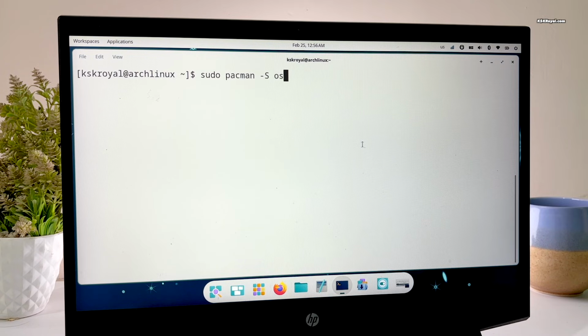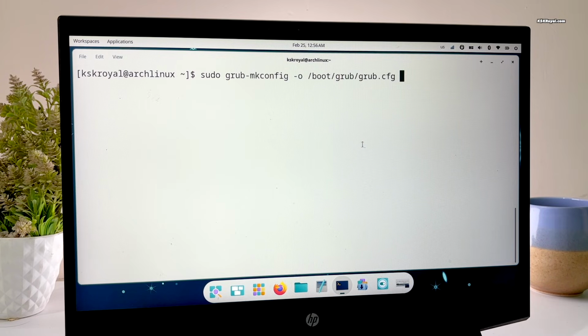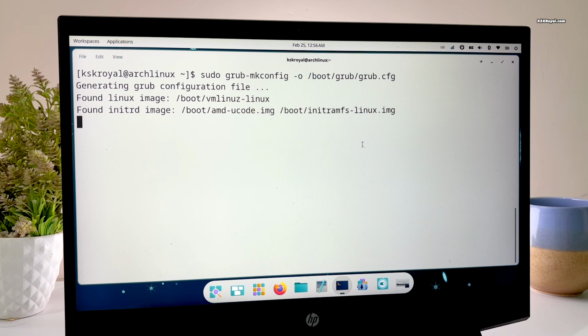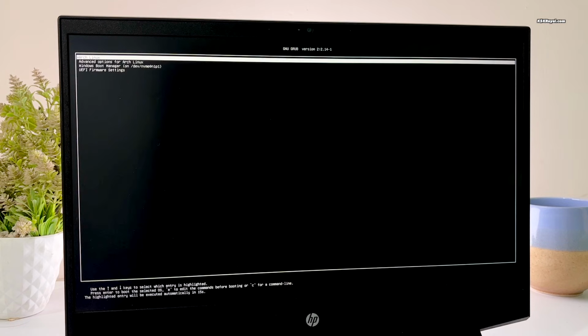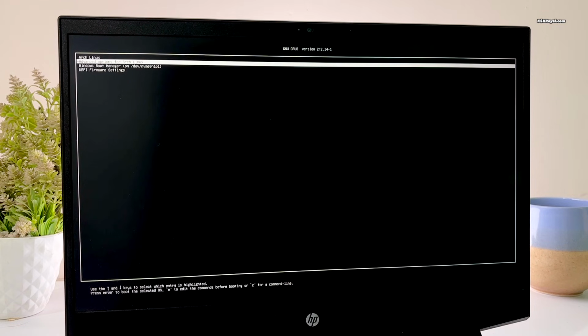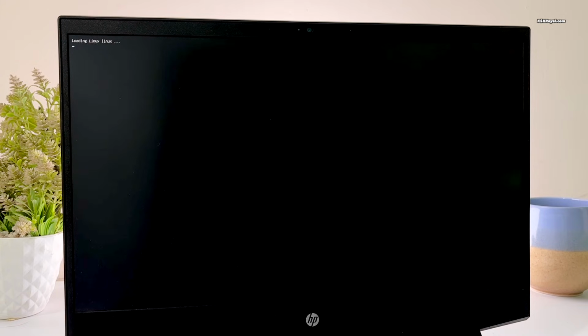Then inside Terminal, type this command to install os-prober. Now run this command to update GRUB. And you can see it found the Windows Boot Manager. Then reboot your system. Now you can use the GRUB menu to boot into Arch or Windows 11. And that's how you can quickly and easily install ArchLinux with Cosmic Desktop in just a few minutes using the